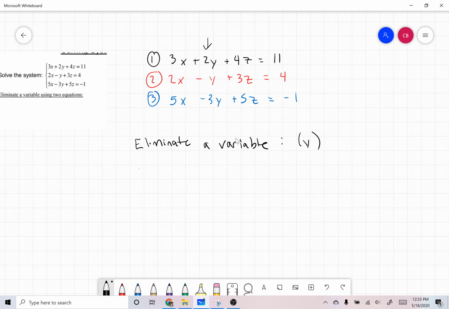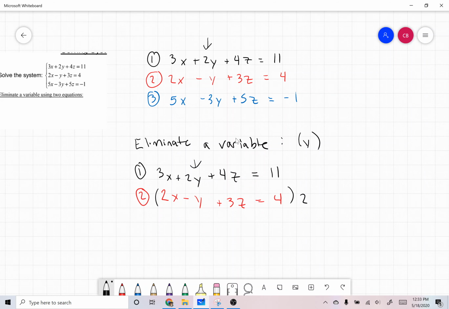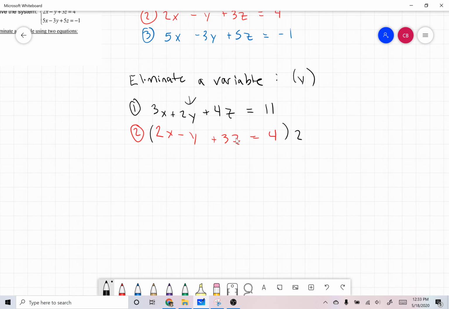First thing I'm going to do, I'm going to use 1 and 2. So I'm going to use 3x plus 2y plus 4z is equal to 11, and 2 is 2x minus y plus 3z is equal to 4. So we've got these two things. Now I need to get rid of y, so I'm going to multiply the bottom equation by 2. And watch what happens. We have 1 is 3x plus 2y plus 4z is 11. And then our new equation 2 is going to equal,